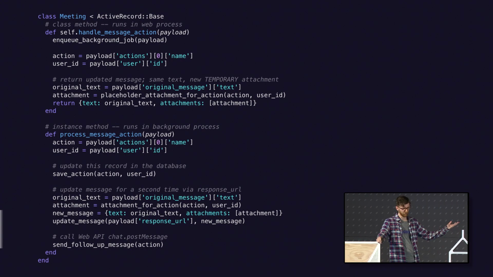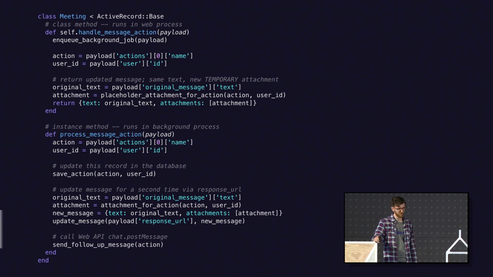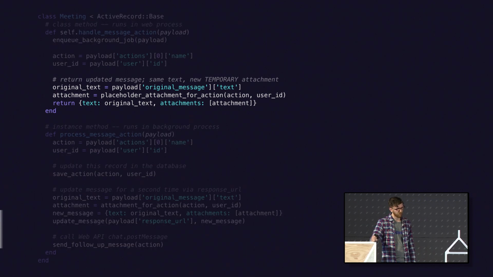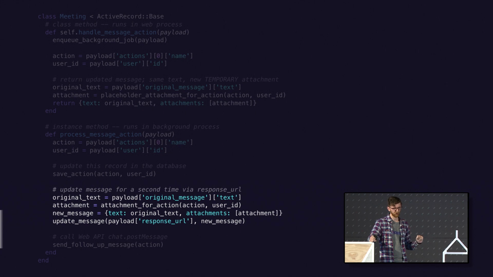This is now a lot of code to put on the screen, but basically all of it is the same as before. I just want to highlight that this is not different than before. We just want to be aware that in the first method, this is where we're setting that temporary version of the updated message. And then down below, using the response URL is where we can assemble the final version. At this point, we have access to that info from the database. And then we're pulling the response URL out of the payload and making a request to the URL.